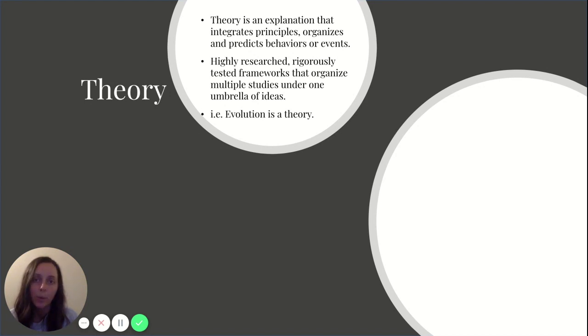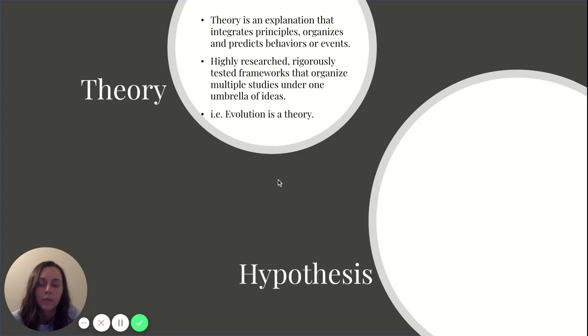So for example, take evolution, that is a theory, right? When you learn about it in biology, there has been a lot of research, there's been a lot of experiments with it, but at the end of the day, it's a theory. So this isn't just an idea, right? There has to be a lot of prep work that goes into something to make it a theory. Like I said, experiments, research, replication of those things over and over again.